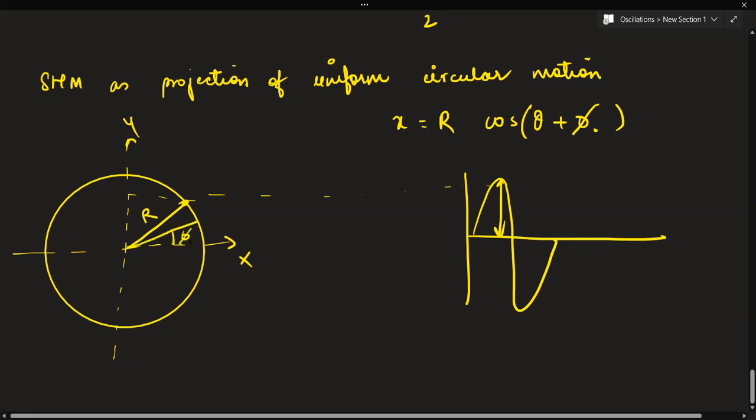This is some phase constant phi. So theta is the total angle produced. Whenever you have to represent it, it is sometimes quite helpful to analyze SHM in terms of uniform circular motion. So suppose a particle is moving with a uniform angular speed in the circumference of